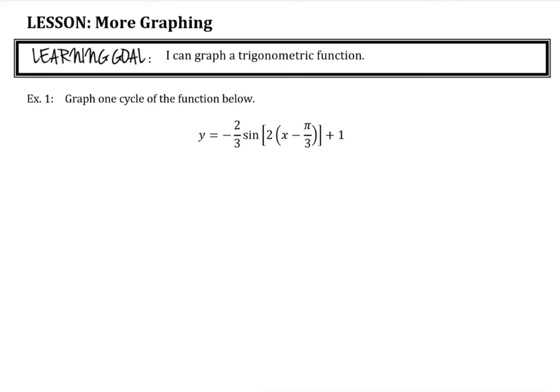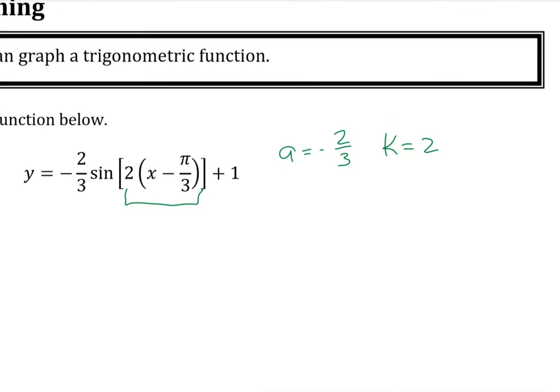The other thing that you might say when you first start is identifying A, K, C, and D. You don't have to write them out. You're probably getting to a point where you don't feel like you have to, but it's always okay to do that. So if you were going to do that, A is negative 2 over 3. K is positive 2. Remember that one question that we did where it wasn't factored? This one is. Doesn't come up very often in this course, but it's something to be a little bit mindful of and careful of. C is positive pi by 3,